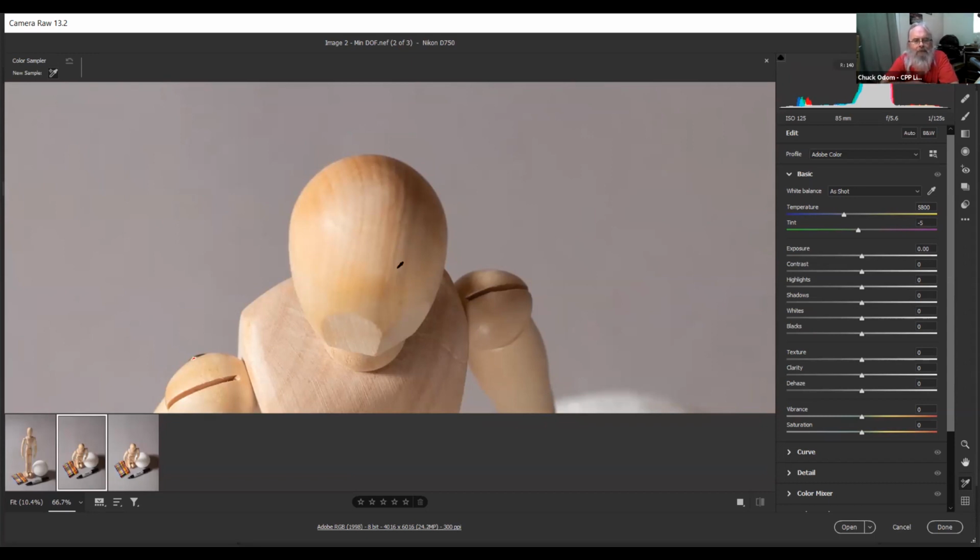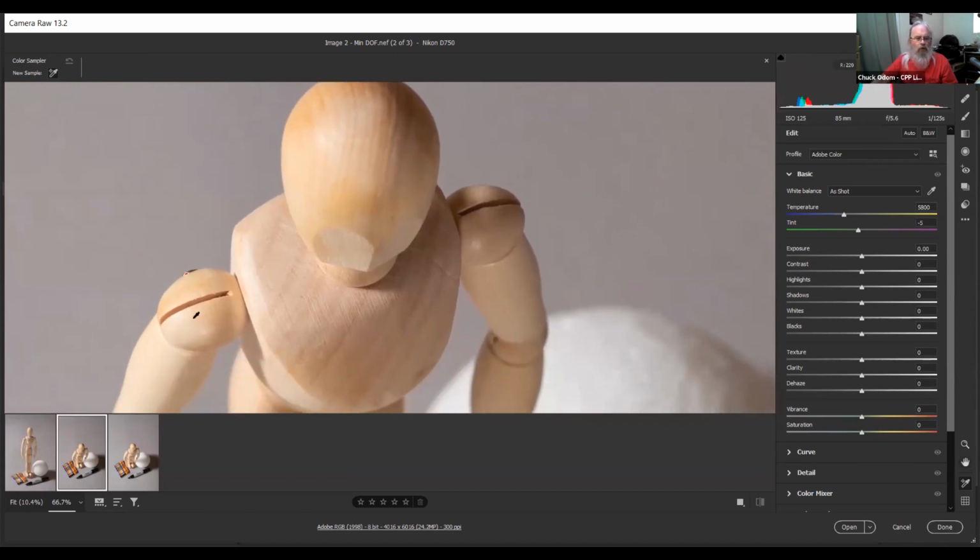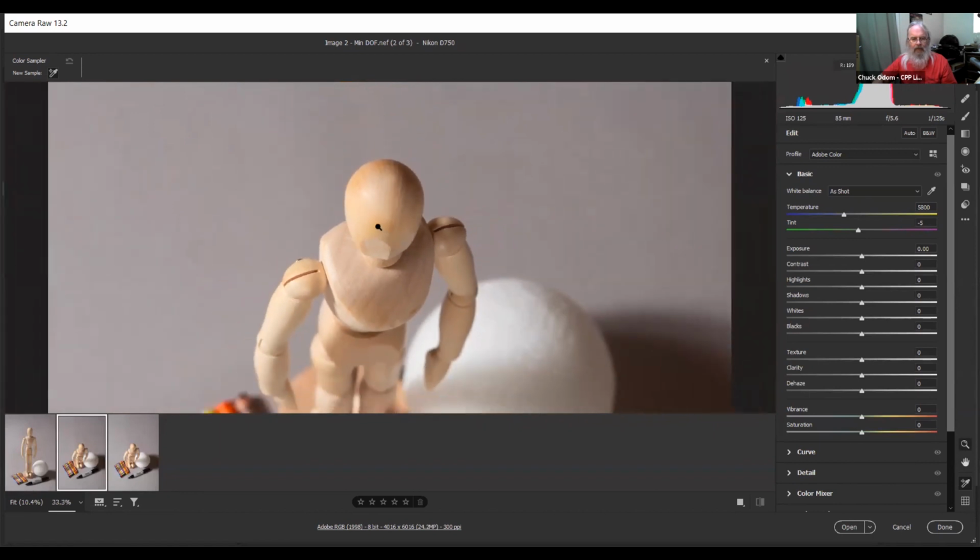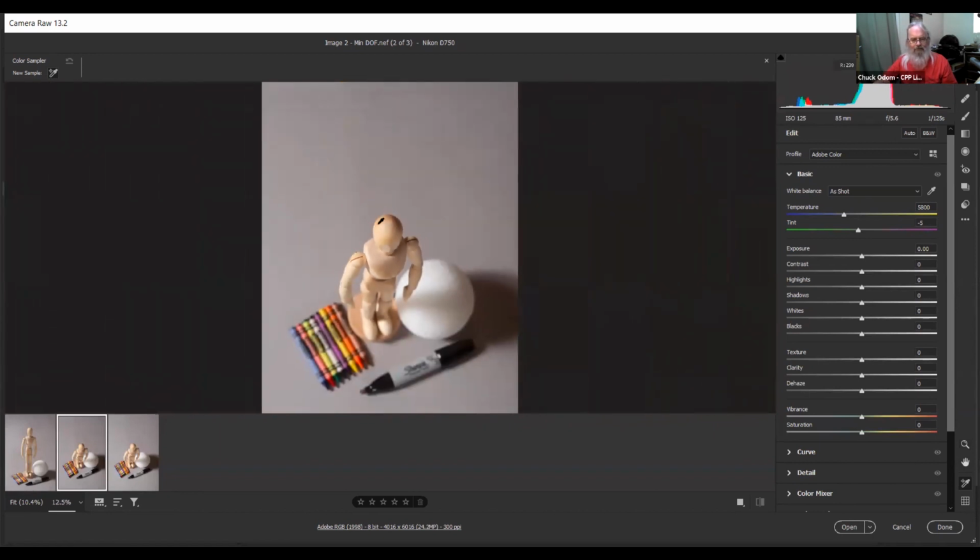Now, is the top of his head acceptably sharp? Looking kind of a judgment call on that. I would say yes, although his shoulders are sharper than the top of his head. Yeah. And then everything falls off